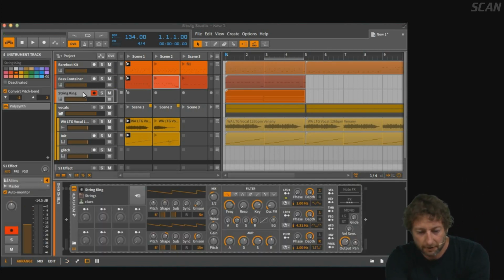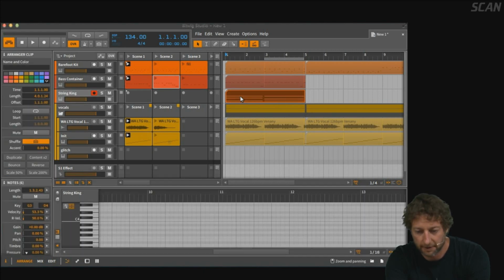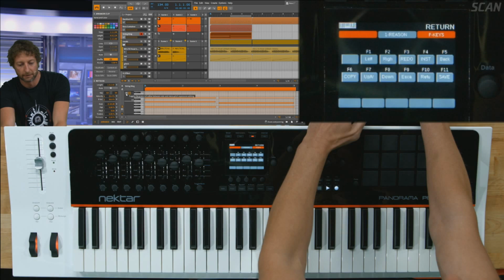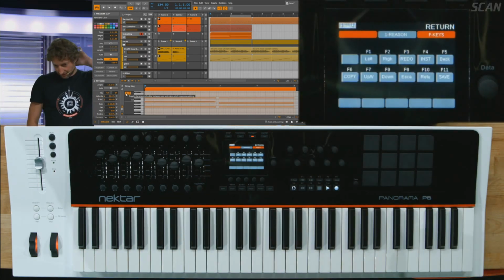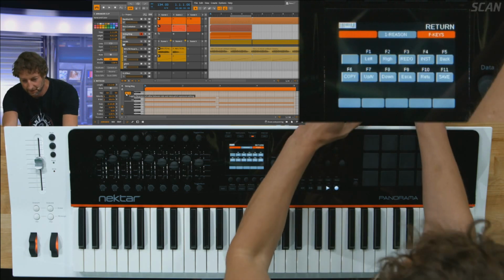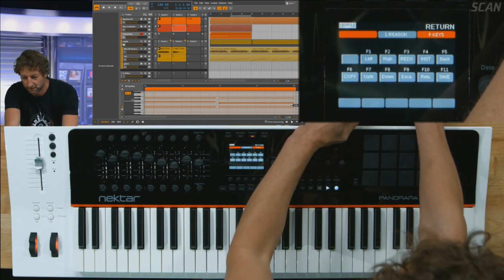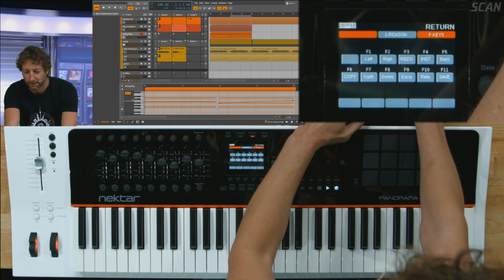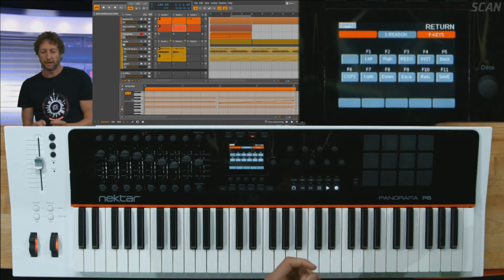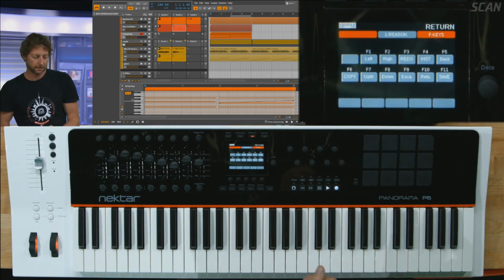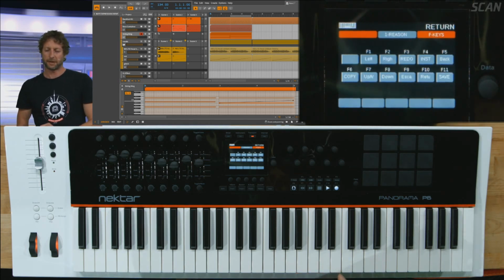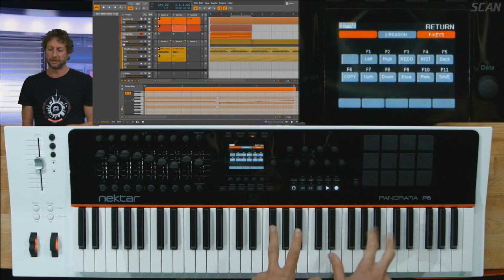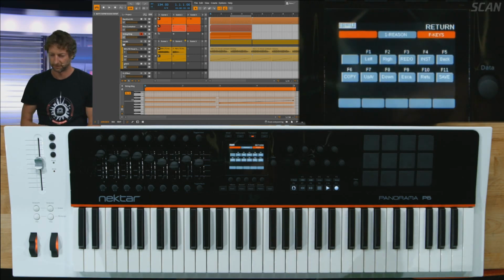So actually, while I'm on this, let me just go back a little bit and show you this little button here, which is micro pitching. Now, this has been there since Bitwig 1. It's a way of pitch bending, if you like, individual notes within a chord, because pitch bend is generally global, but in Bitwig, for the Bitwig devices at least, you can pitch bend individual notes. And where you've got a device which is capable of adding individual pitch bend information, polyphonic aftertouch, that kind of thing,